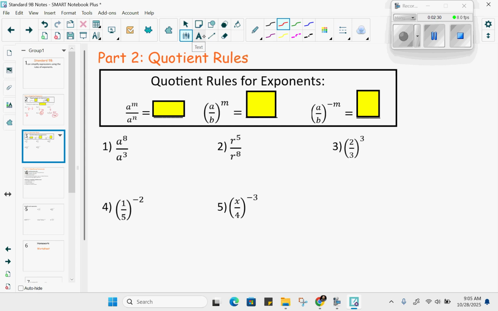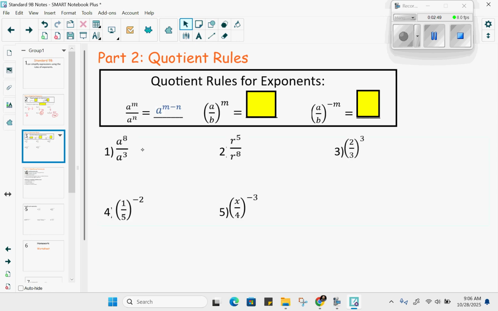Quotient rules. This is going to also apply with our parentheses. So we have a to the m over a to the n. We can subtract to make a new number. Before we clear the other boxes, let's look at one of those. So a to the eighth over a to the third. I'm going to do a to the 8 minus 3, and I'm going to end up with a to the